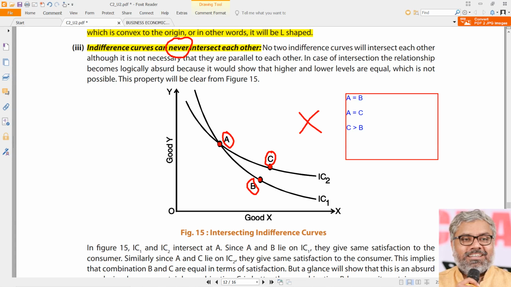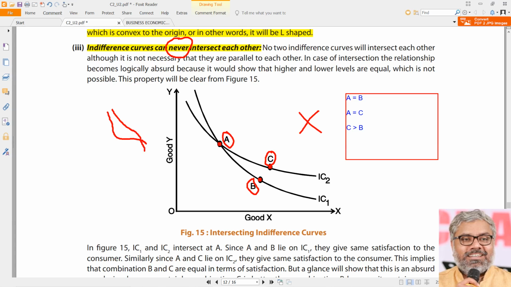Now that we say they are not going to be intersecting with each other, we may jump to certain unnecessary conclusions. Are they parallel to each other? Is there a rule like that? We are only saying that they are not going to intersect with each other. That does not mean they are always parallel to each other. That is not necessary. Not necessarily parallel always. They may be going very close sometimes, they may be going very far sometimes, but they can never intersect with each other.